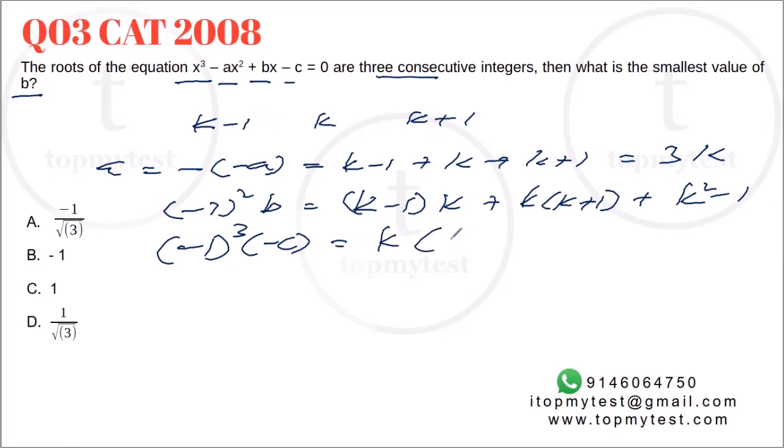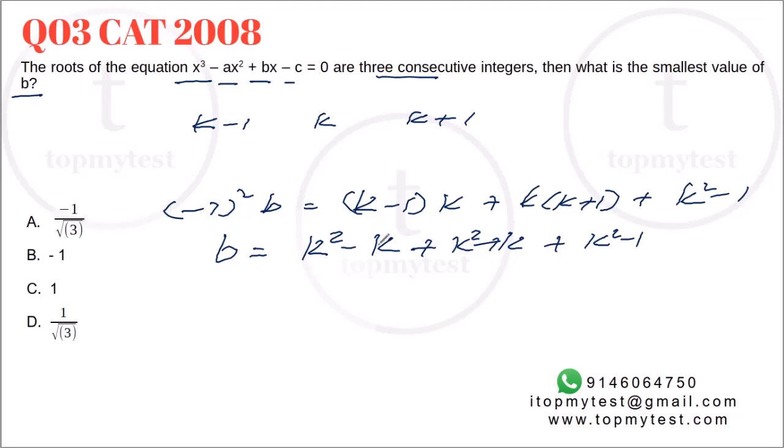So it will be k into k minus 1 into k plus 1. Right, so without even finding the roots, I can have the sum of the roots taken 2 at a time, sum of the roots taken 3 at a time, which is basically the product of the roots here. We are interested in b, so let me just clear this out.